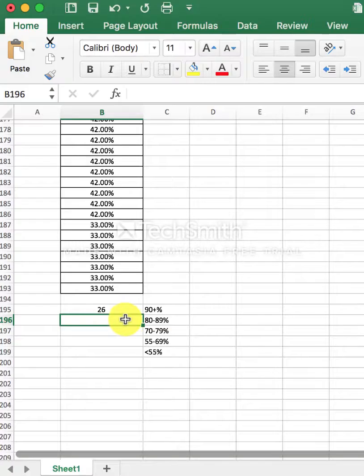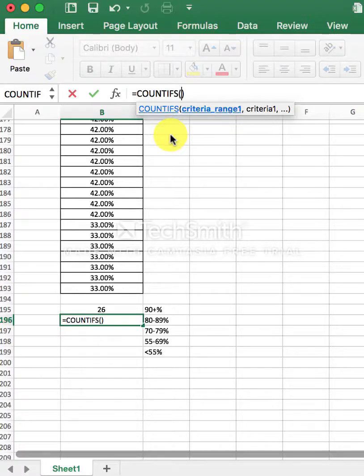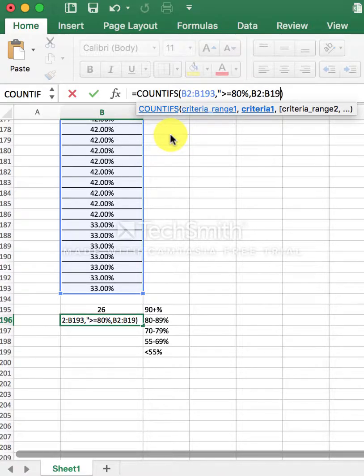Let's do something similar now for the 80s, but we're going to change it up just a little because I have two criteria. It's got to be at or above 80%, but less than 90. So we're going to use COUNTIFs with the plural, literally the plural with the S on the end there. It's because I'm going to give it two different criteria. Still going to have the same range, B2 through B193, comma, quote, greater than or equal to 80%, comma, put the range back in, B2 through B193, comma, quote, less than 90%,